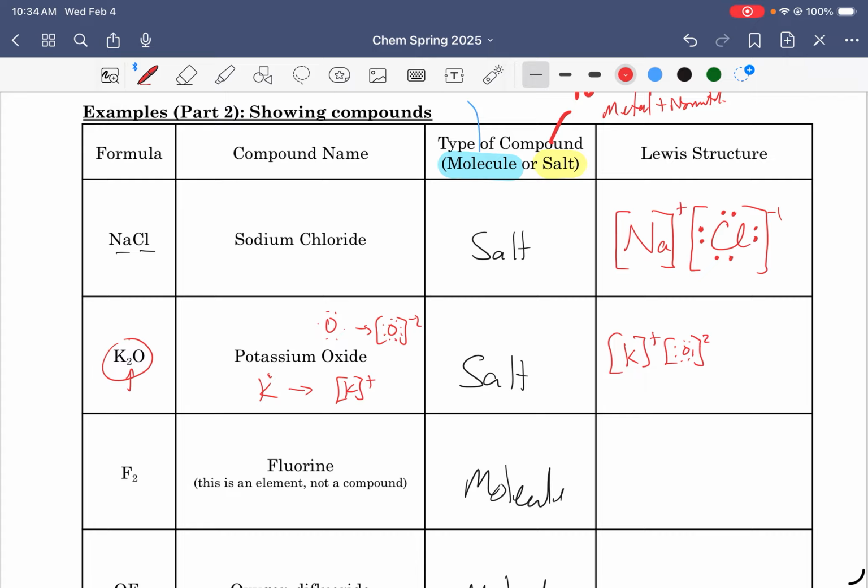Okay? All right. Then we're going to get into molecules. Molecules are really where the power of Lewis structures comes in. We're going to draw molecules a little bit differently. So with fluorine, I'm actually going to draw my valence electrons and kind of move them around as I need to. So fluorine